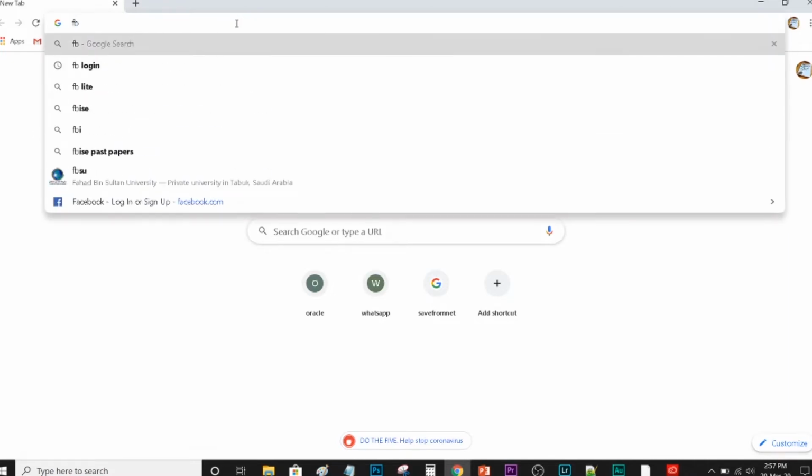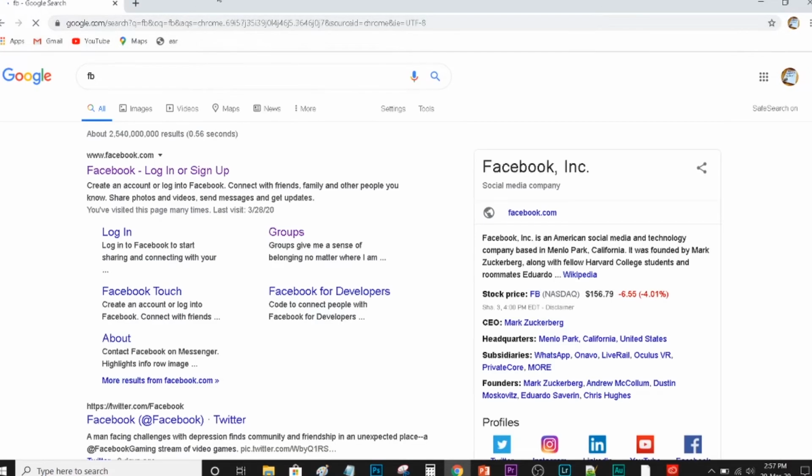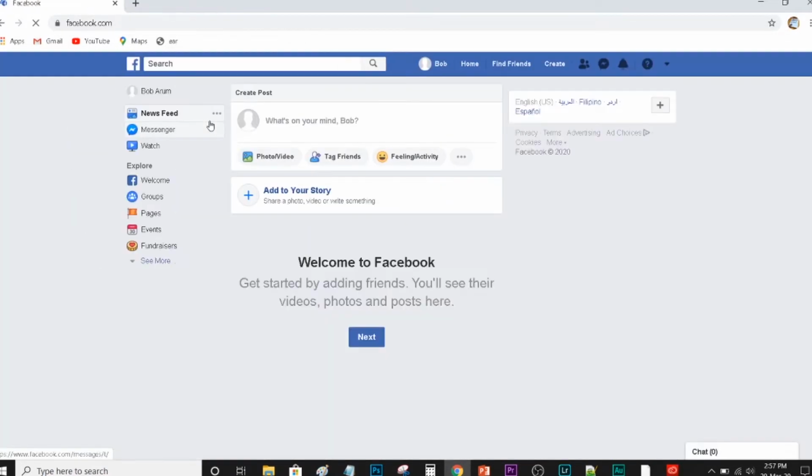Usually I just type FB, then it will show up Facebook login or sign up. So it's already here. It's already logged in to my Facebook. So from here we're gonna click this drop down arrow, and we will go to settings. Click the settings,